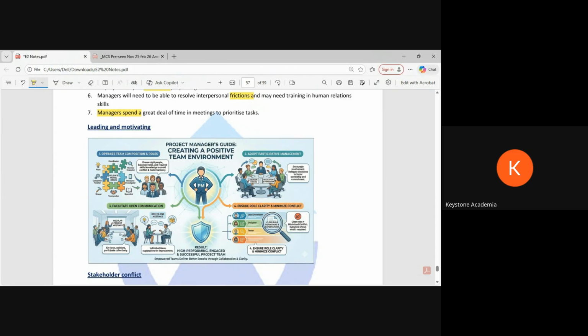Then communication, obviously, the manager should have the power, one-to-one meeting, group meeting, formal, informal, whatever they need to do. Adopt participative management. Again, this is not mandatory. It depends on, again, the project manager. Sometimes it might help. Imagine every time we are doing participative management, what will happen? It will waste time. Or even if it doesn't waste direct time, it will delay the decision making. Then ensure role clarity and minimize conflict. What is expected from them, which date, what they need to do, it should be very clear. What are the rewards if they do it? What are the punishments if they don't do it? Simple as that.